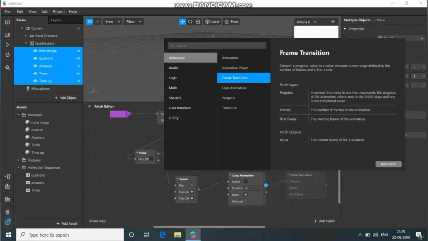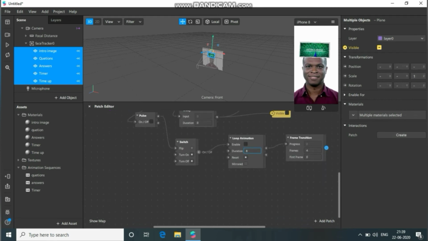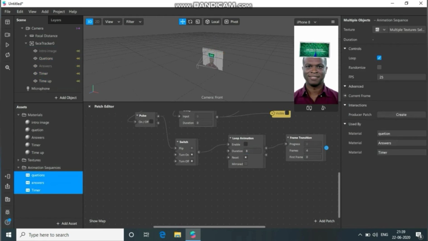Once it gets completed, select all your animation sequences and click on current frames. Here you guys will get the animation sequences.